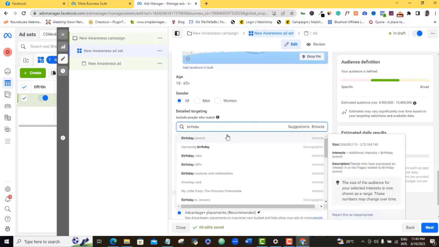All right, so you can see here birthday events. Now here is targeting interest. If you check here, it's saying people who have expressed an interest in or like pages related to birthday events. Even though this is a birthday targeting, it doesn't look very cool for the kind of people that I want to target. If I just type birthday and click birthday, then the question is, I am looking for people that